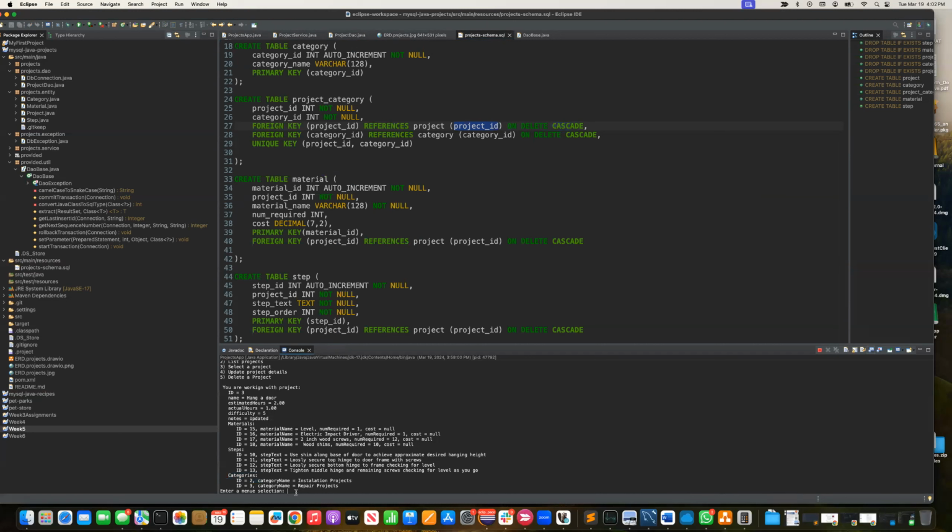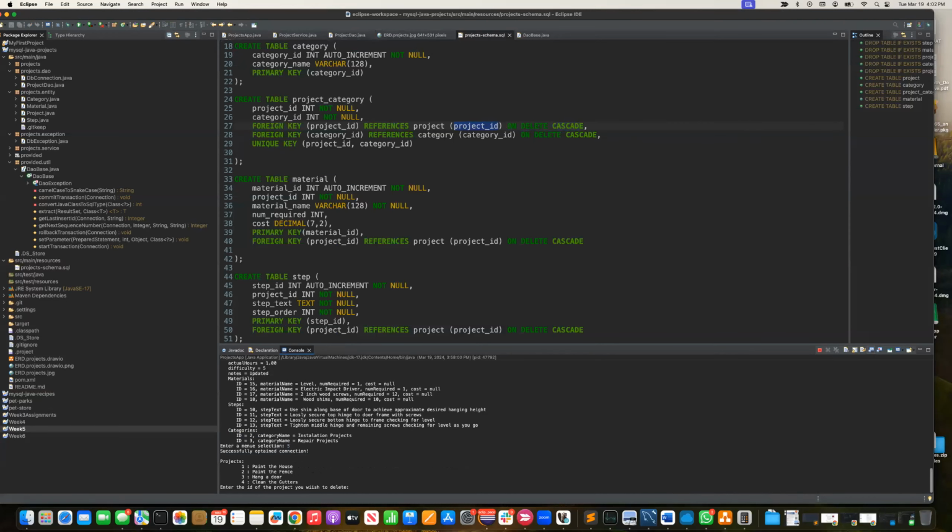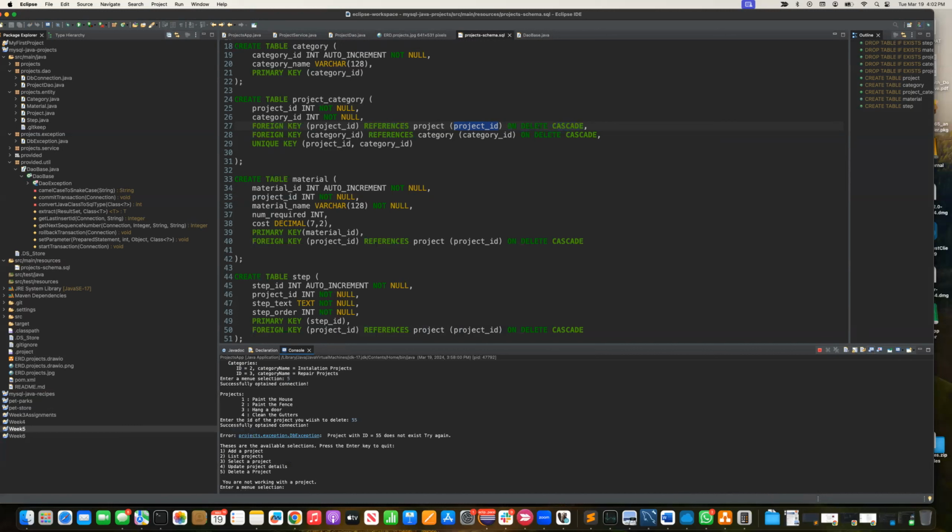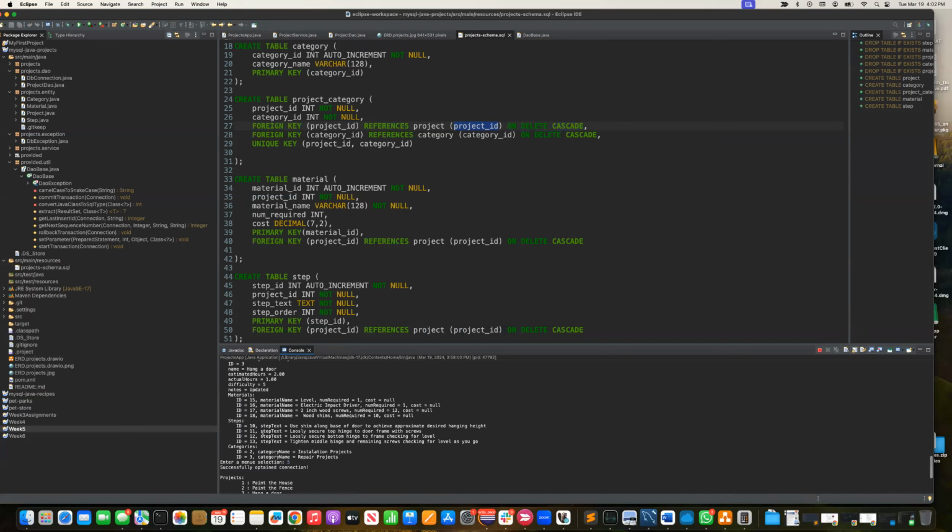In the application, it looks like this. If I hit 5 to delete a project, it's going to give me a list of projects to delete. If I put in an invalid number, it'll gracefully handle it and ask me to put in a real number. Now, when I delete the project, I also want to make sure that I've deleted the materials, steps, and categories. And the best way to check that I did is to look directly on the database with a database client. So if I go to